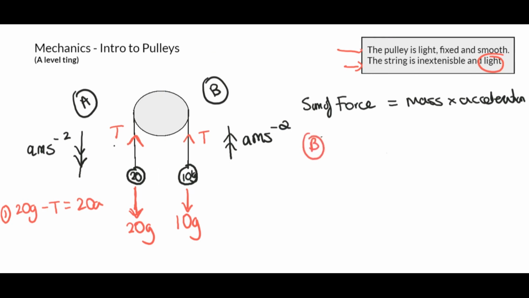Now for B, as you can clearly see, up is positive because we know it's going to be going up. If this system is true, this side's going down, this side's going up. So if that's true, we're going to put up as positive, yeah? So you always identify that. Let the examiner know what's going on. You're telling the examiner, I know for B, it's going up. Yeah, cool. Now we do the sum of the forces.